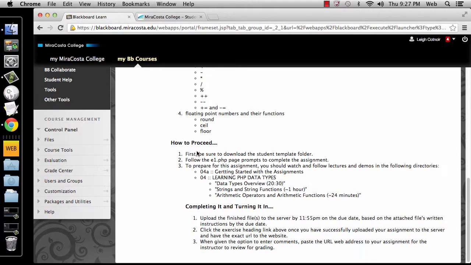And then down here it also tells you, okay, this is what you need to have prepared. So where it says how to proceed, it tells you all the things you need to do to prepare to actually complete your assignment. Right, completing and turning it in, tells you what to do. So when you're finished with an assignment, you not only put it up on the class server in your designated student folder that you'll get later, you'll see that later,